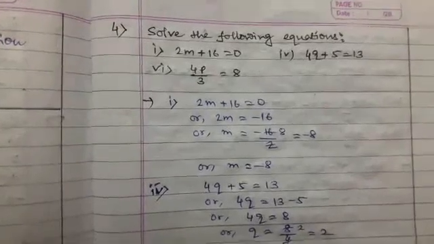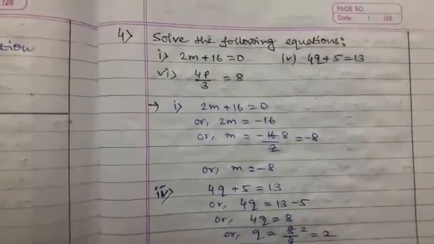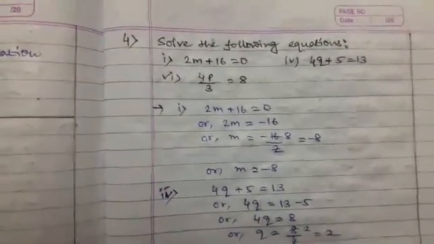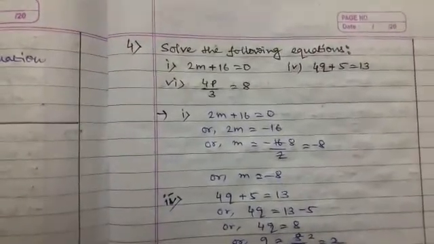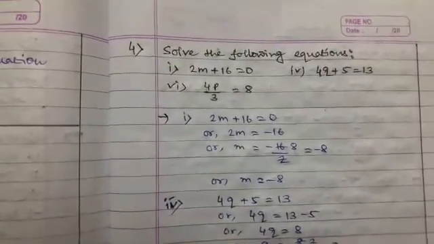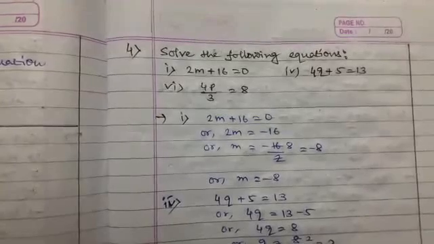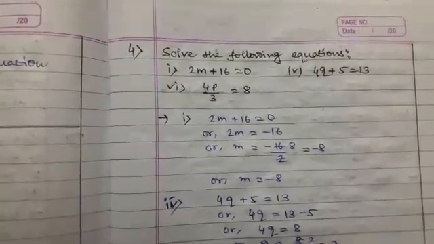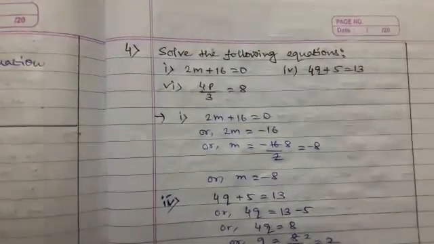At first 2m plus 16 equal to 0. So 2m equal to minus 16, because I am taking the 16 in right hand side, that's why it becomes minus. So m equal to minus 16 by 2, that means 2 8s are 16, so equal to minus 8. So m equal to minus 8 is the